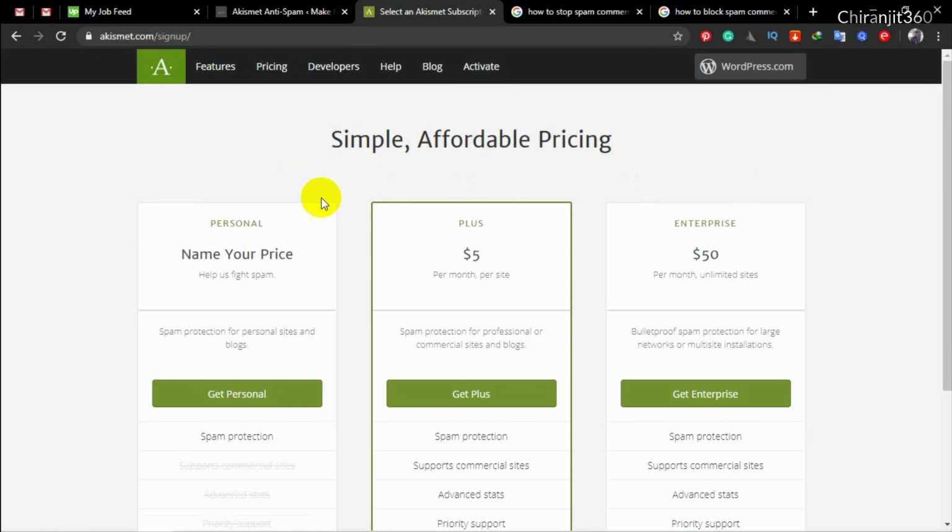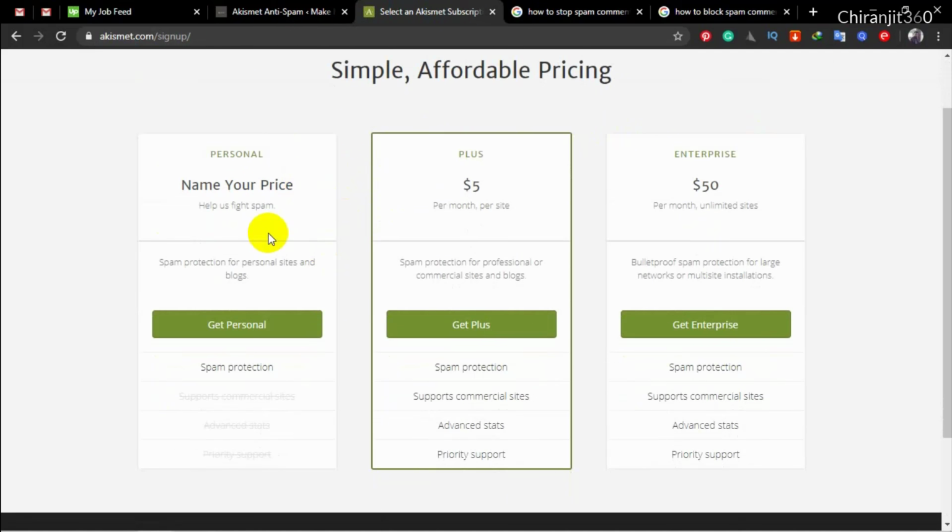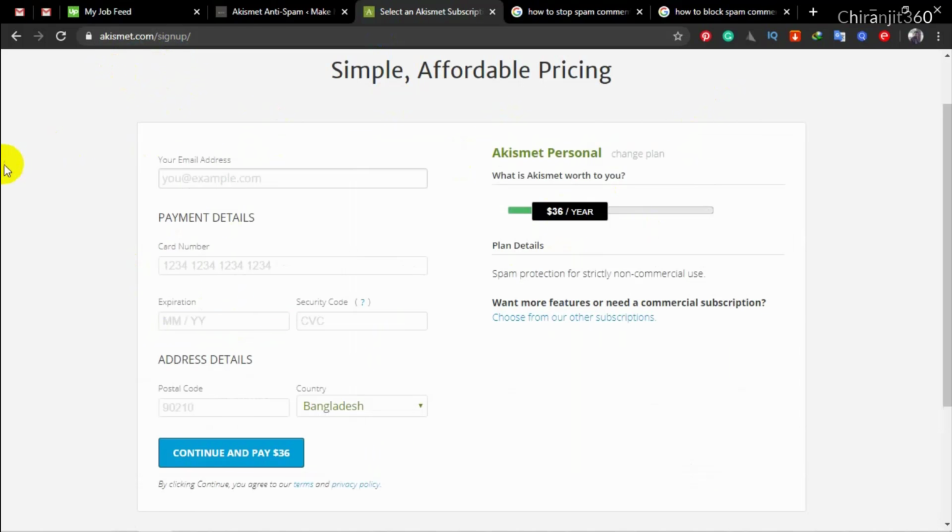You don't have to pay if you're using it only for your personal blog, and if you want to use it commercially, then you can choose their plan. I am not in affiliation with this plugin, so I am just using Get Personal.